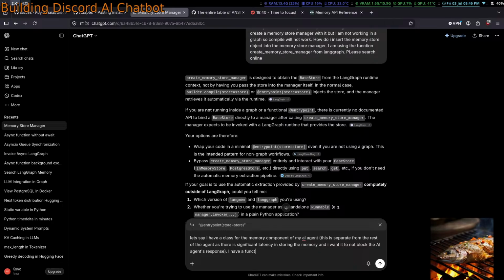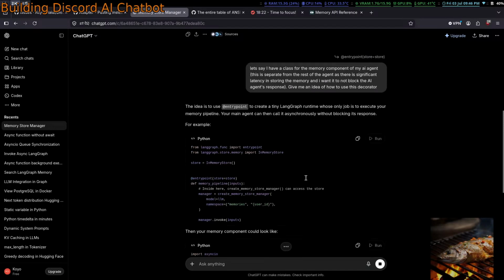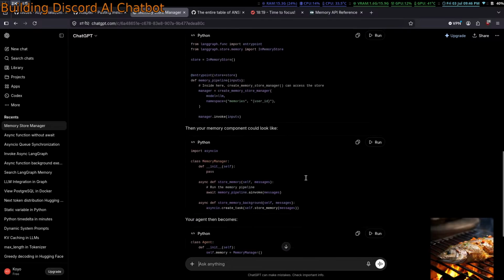I have a function run which just starts it, and give me an idea of how to use this decorator. LangGraph runtime.